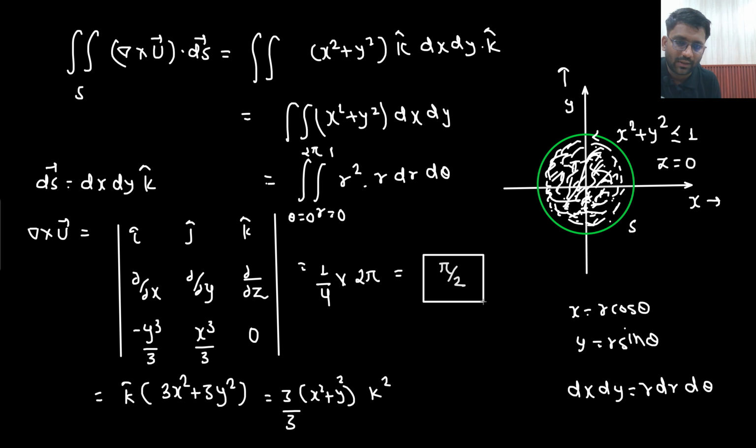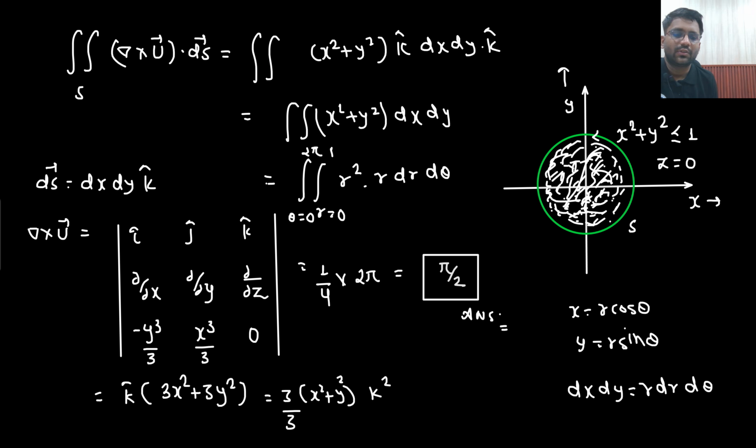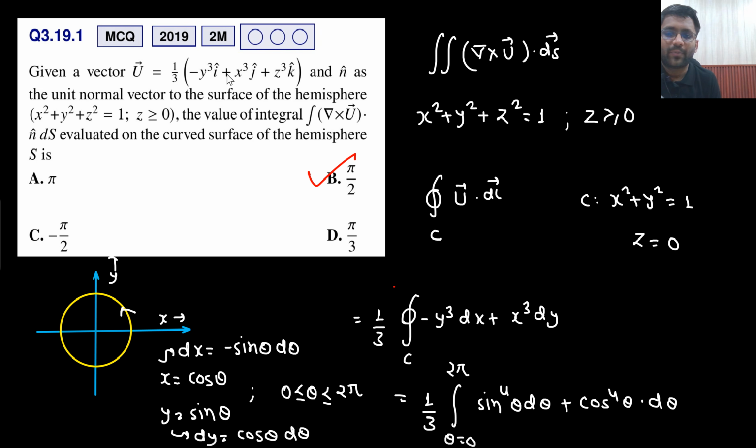This is the answer that you are getting. Answer is pi by 2. We are getting the same answer only. So here, this would have been a bit easier method, because if I have good enough practice, then